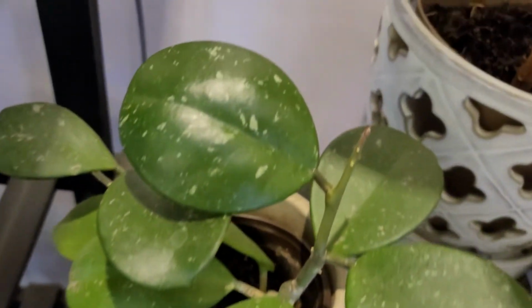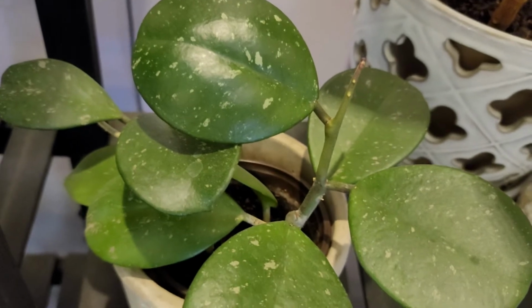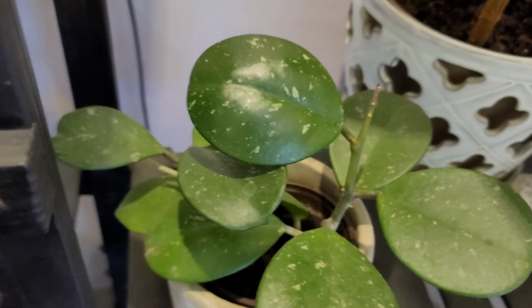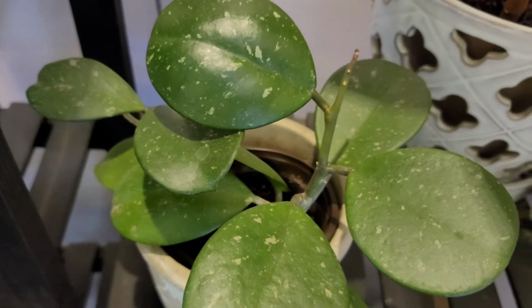It's done so much better since I moved it away from the direct light. And I recommend doing that for your Hoyas. They don't like lots of direct light now that I have experienced that. Some Hoyas do like it though. I haven't seen any issues with my other Hoyas in the east facing window, so maybe this one's just a